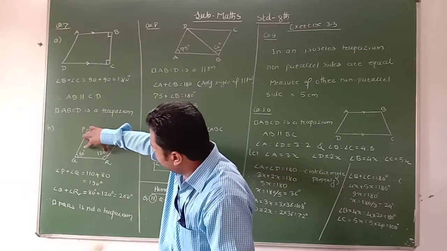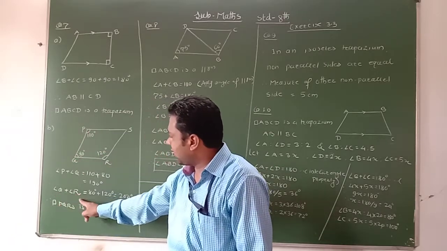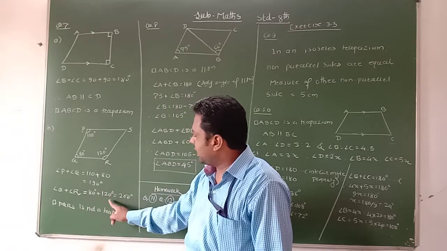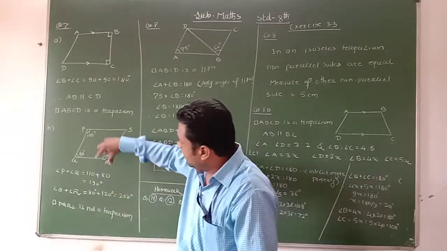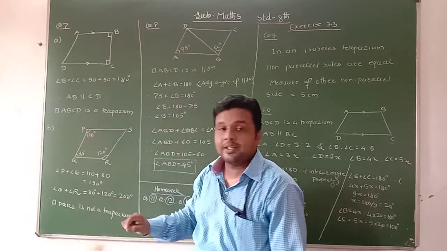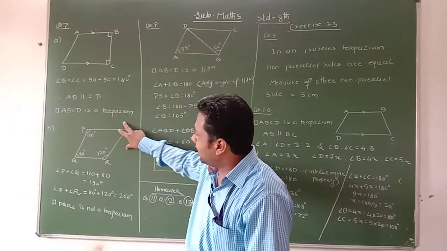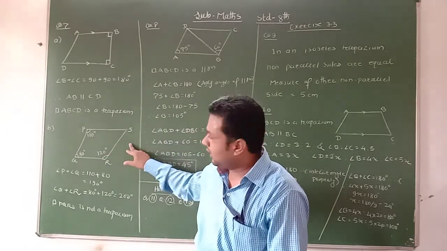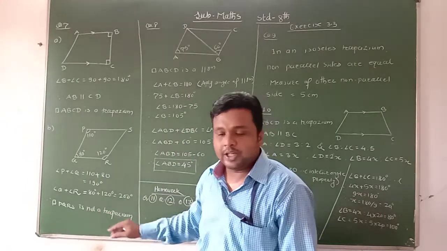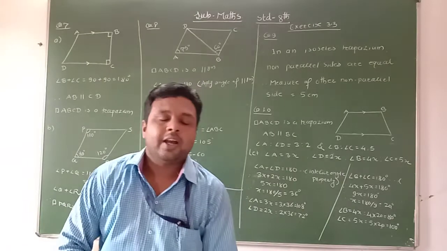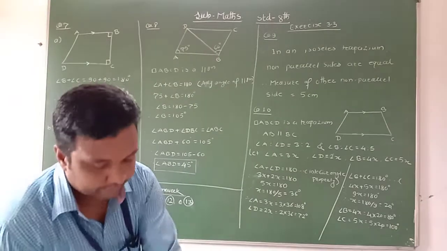We check the next pair of adjacent angles, angle Q and angle R. Angle Q plus angle R is equal to 80 degrees plus 120, which is 200 degrees. This is not 180 degrees. Therefore, the sum of these two interior angles is not supplementary. Therefore, these lines are not parallel. In this quadrilateral, no pair of opposite sides is parallel. Therefore, this quadrilateral is not a trapezium. Clear student? Here we use the properties of parallel lines and the interior angles formed by parallel lines. Clear? Now see the next question.